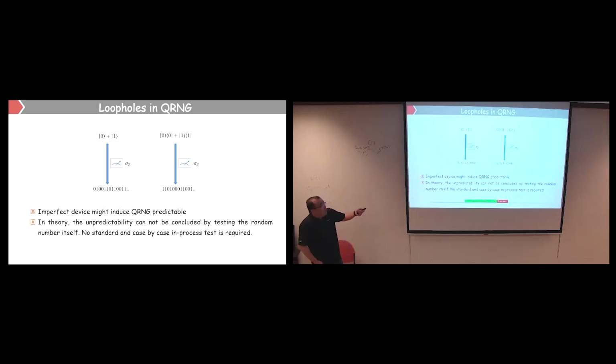So each time, if you write down the quantum state, it's a mixed state. Sometimes it's 0, sometimes 1, all programmed. So how could you tell whether it's a real quantum one or just programmed? The thing is, it's not random here. In theory, it should be unpredictable. If I give you a random number and tell you it's from my quantum random number generator, with just the random number, you couldn't tell whether it's from a real QRNG or just a programmed thing. You can say it's uniform and it can pass the tests, but you couldn't tell whether it's really quantum.